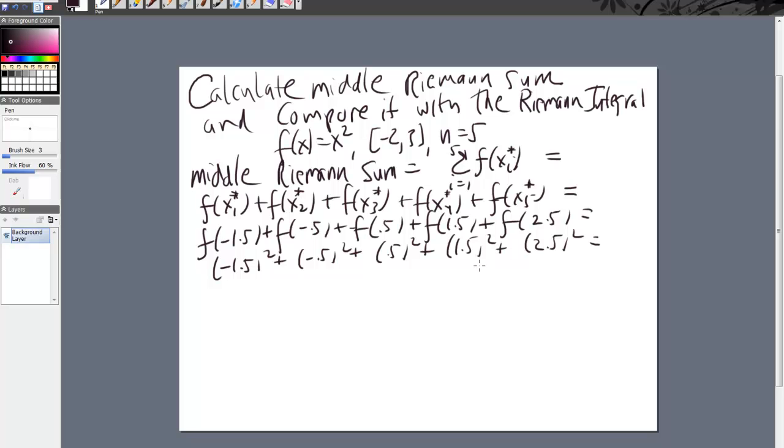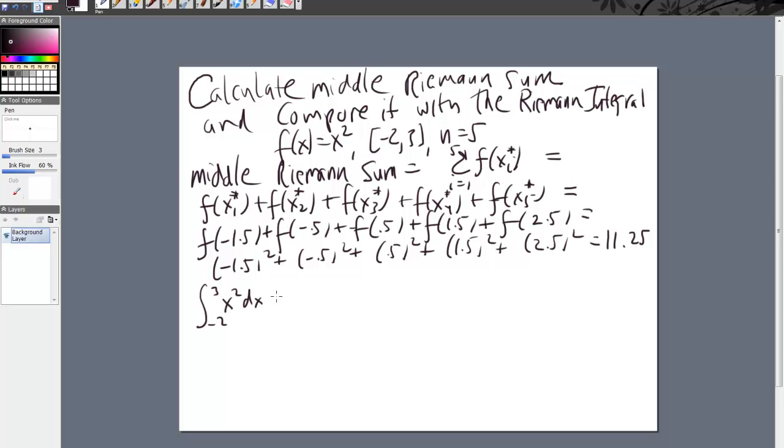And if you multiply that out, you're going to get 11.25. So this middle Riemann sum is equal to 11.25. As we said in a previous video, the Riemann integral is simply the limit of the Riemann sum. So this 11.25 is an approximation to the full Riemann integral from -2 to 3